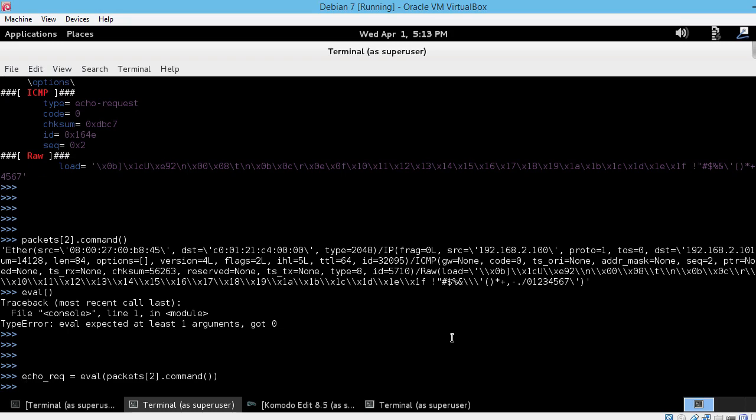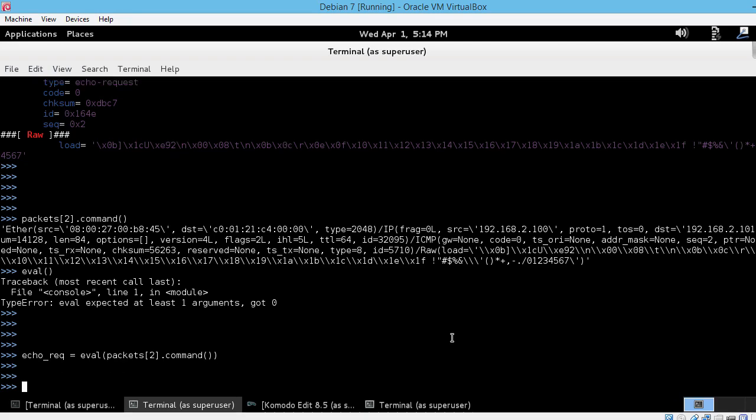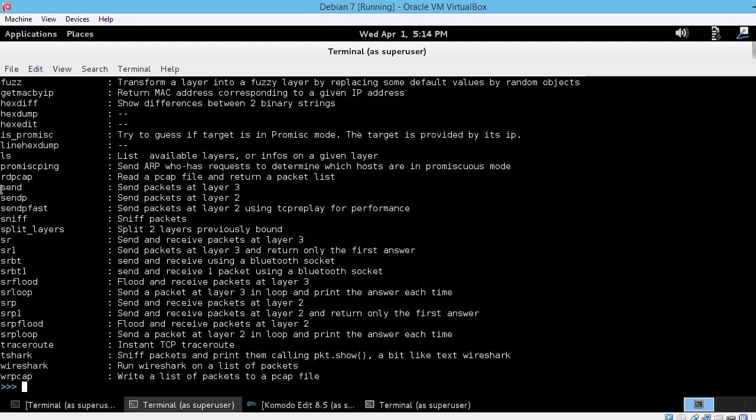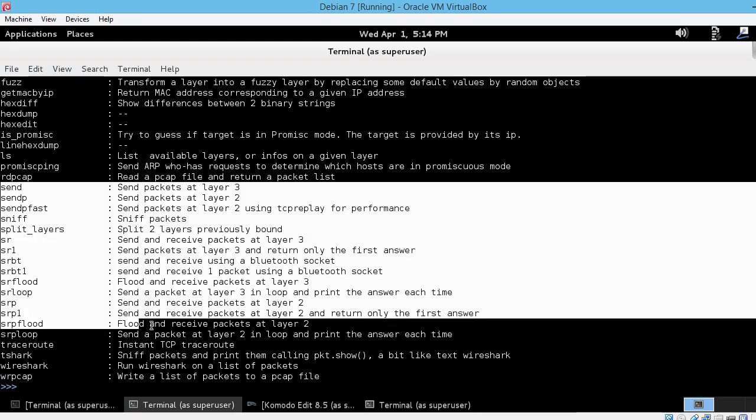Okay, now let's see what functions we have available for sending packets into the network. Let's use the lsc command and identify the functions. So lsc, we should focus on these functions right here, or at least some of them. Notice that Scapy is very flexible about sending and receiving packets, providing a lot of functions to suit our needs. I'm going to use the sendp function to send the packet we created and stored inside variable echo req to the router. But first, to check whether our packet is indeed generated and sent to R1,